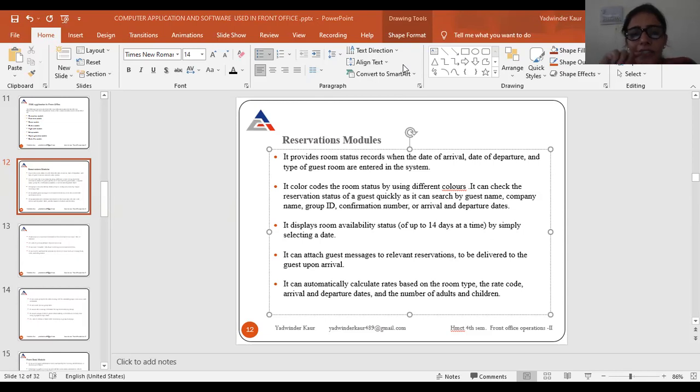We can put it in the reservations only, to be delivered to the guest upon arrival. When the guest arrives, then we can give them the message.